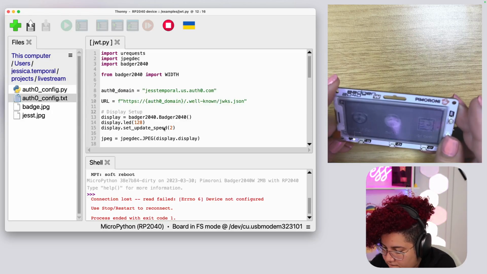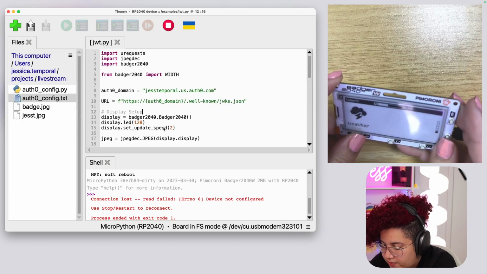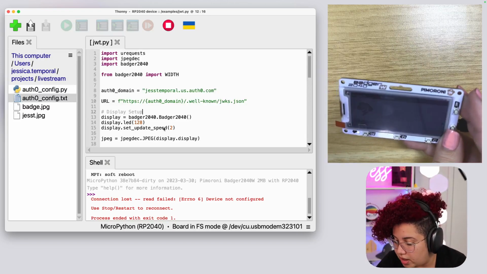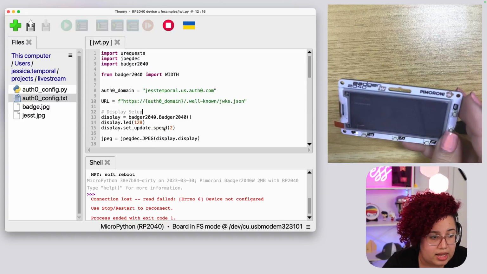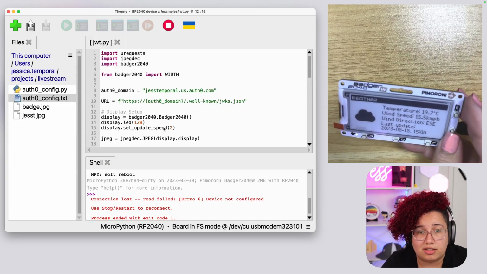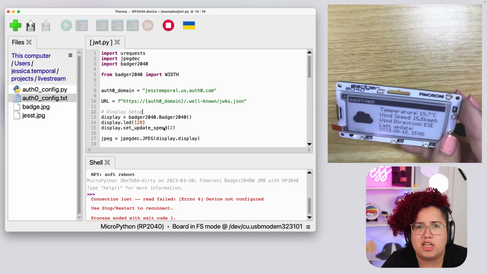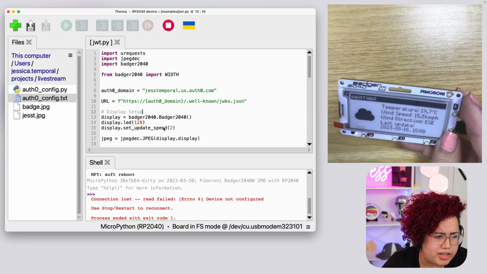Let's see. I need to debug this a little bit to figure out why this is happening, because I really don't know. I guess this is the first time I'm playing around with this badge, and that ad is supposed to be starting. It already ended. Oh my god, I don't know. Let me know in chat if you're seeing me or if you're watching an ad, please, so that I know if I need to take a break or not.